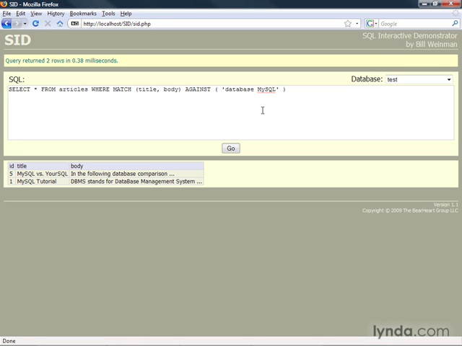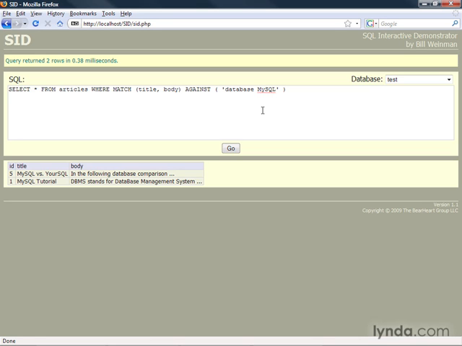And this is actually a very important feature, because if you were to search for a bunch of words and one of those words occurs in, say 80% of the possible results, you're going to have too many results and you're not really going to be able to find what it is you're looking for. So the natural language search ignores those results for search terms that occur in more than 50% of the rows